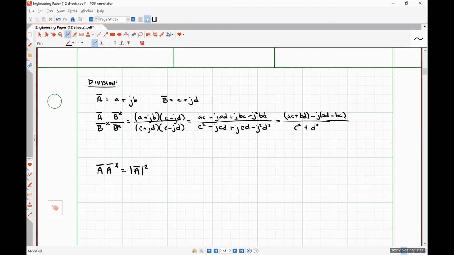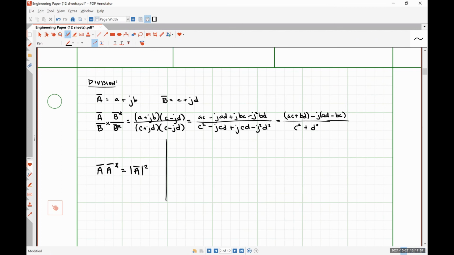So as I said, division using rectangular form complex numbers is absolutely doable, but it's a pain in the butt, okay? The main reason that I introduced this is because sometimes we are going to utilize that form to make things a little easier on ourselves, okay? The overwhelming majority of the time,